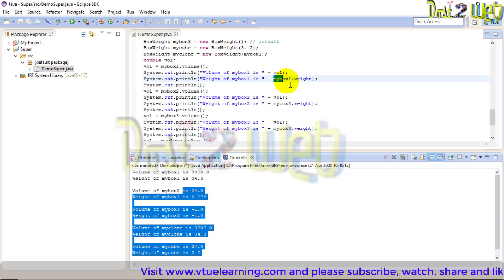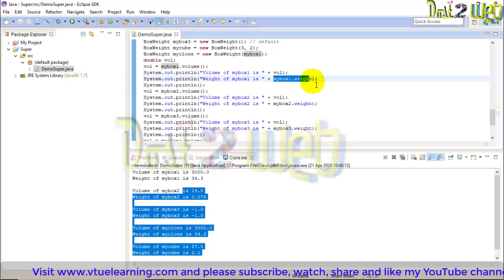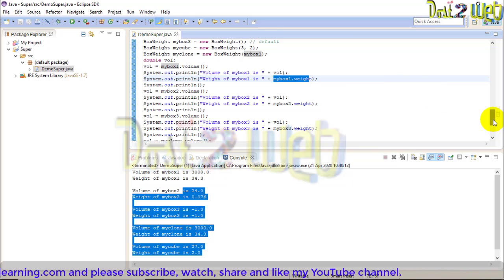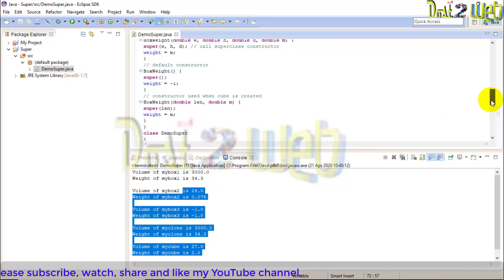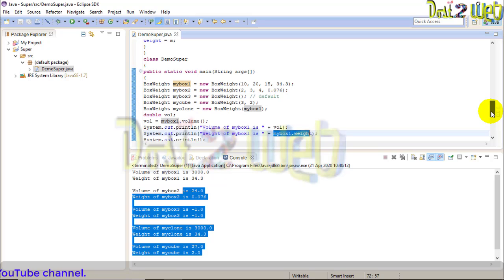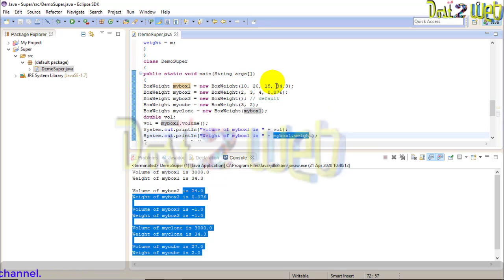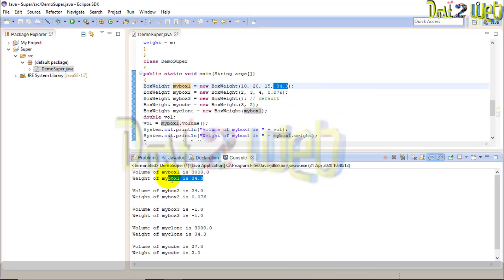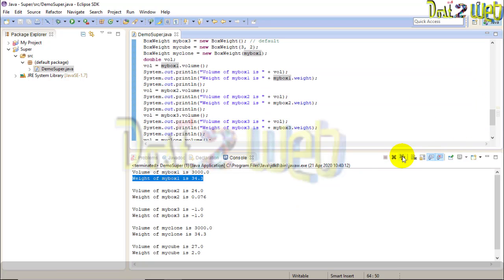What is the weight for that? So my box 1 dot weight. What is the weight we have given my box 1? See, it is 34.3. Okay, so the weight is 34.3. So accordingly the output has come.